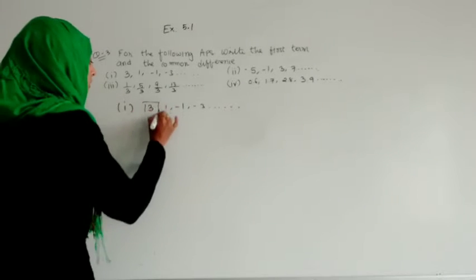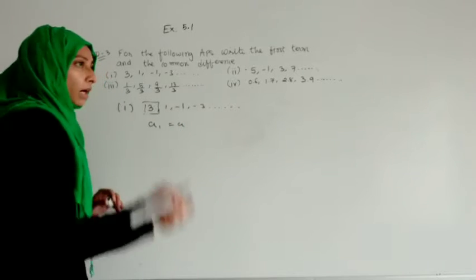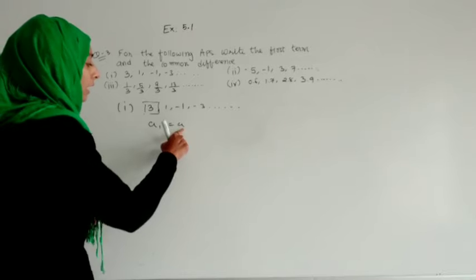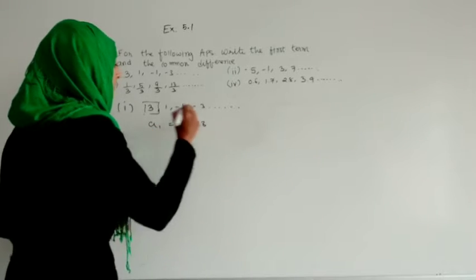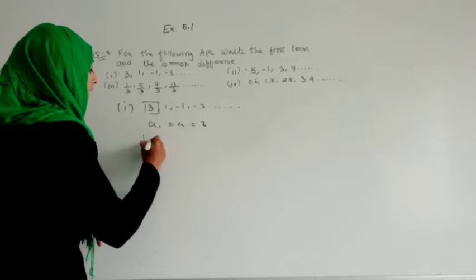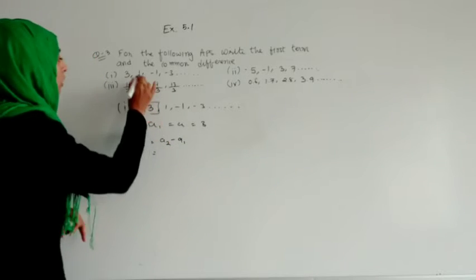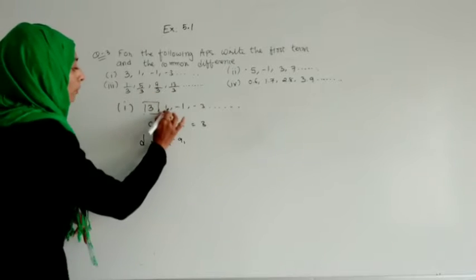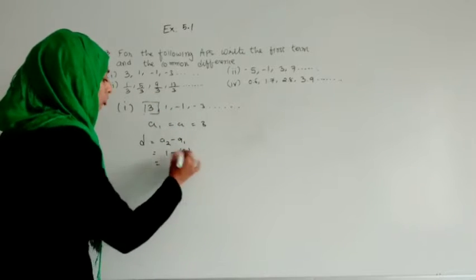So this is the first term. Here we will write it as A or A1, that is our wish. जनरली उसे A नाम दिया होगा, so don't be confused between A1 and A, and that will be 3 here. Okay, then they ask to write the common difference. सो अगर हम यहाँ पे D ढूंढने जाएं तो what will be the D? It will be a2 minus a1.